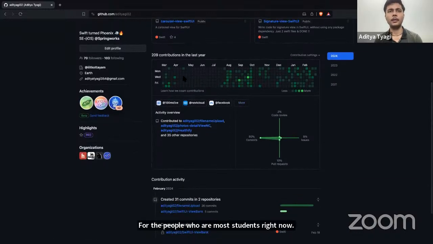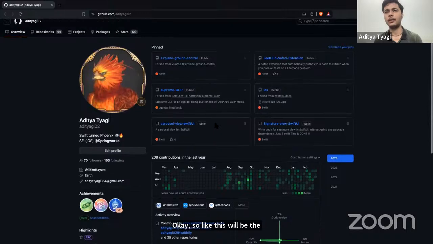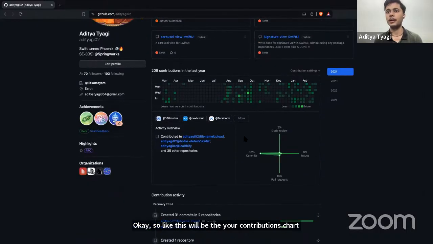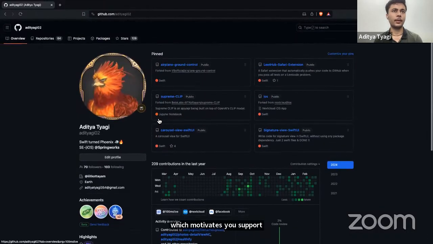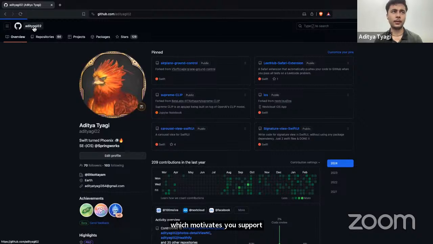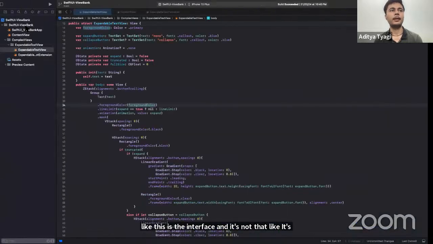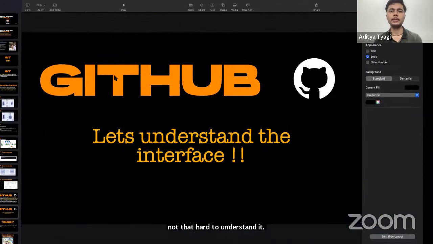Okay, so this will be your contributions chart, which motivates you somewhat. And this all is there. This is the interface, and it's not that hard to understand. It's simple. Apart from that, let's move forward now to